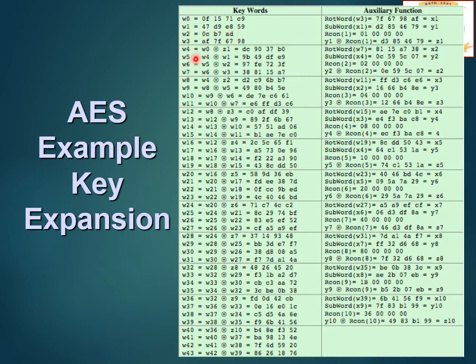Then here the algorithm, the G function, is used and all the different keys are generated. And you can also see here the auxiliary functions are mentioned, the rotate word, substitute word, then the Rcon constant. I have already shown you how we calculate the Rcon constant at each and every stage. So that avoids the symmetry in the keys. So here you can see the example for key expansion.